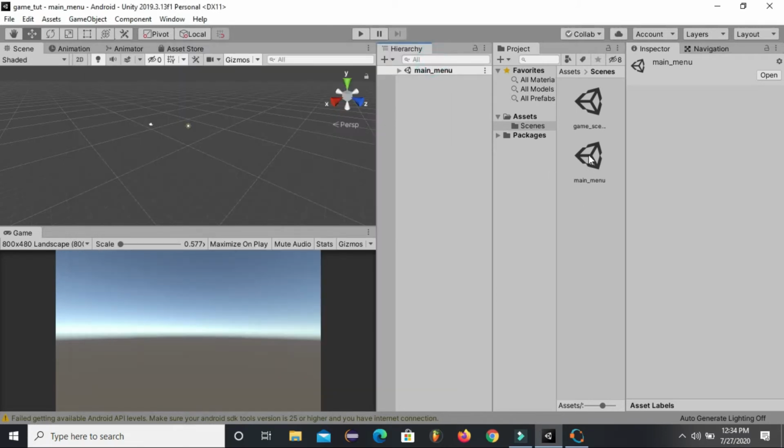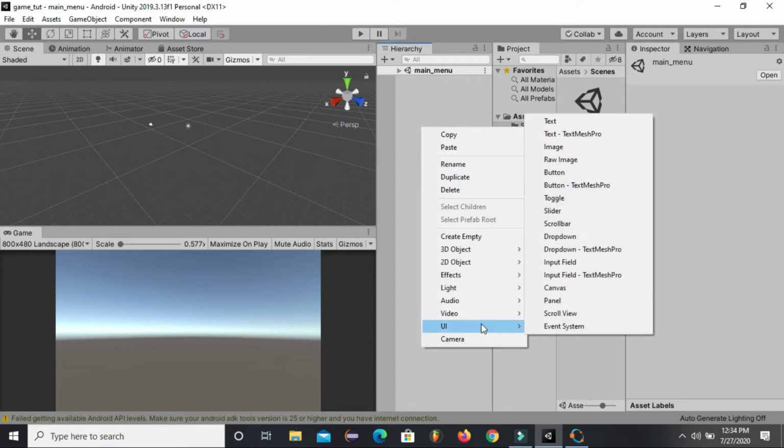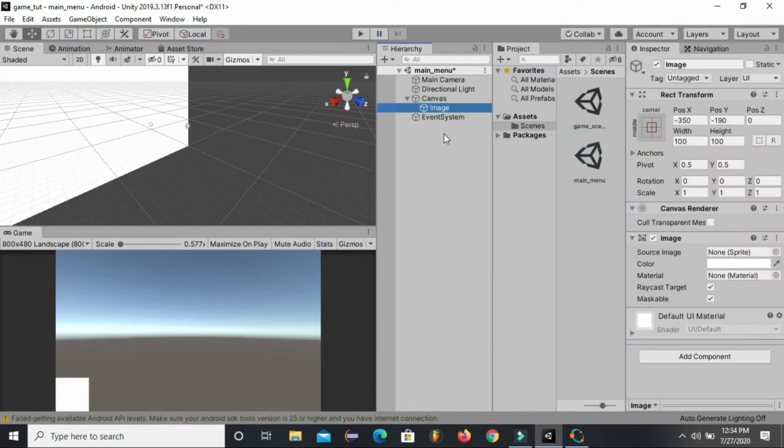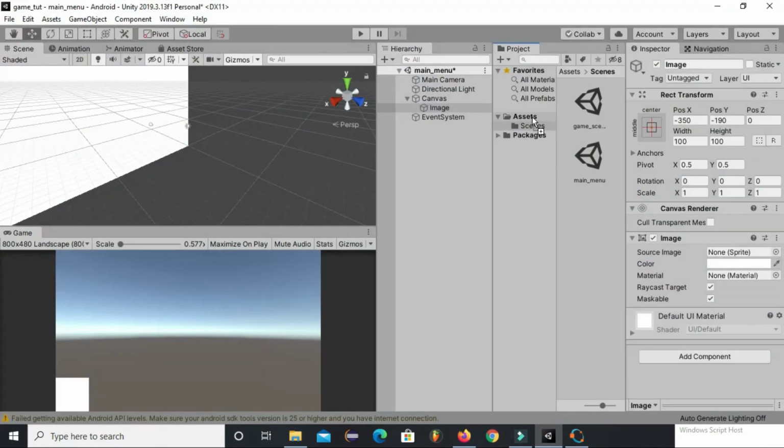Now we will be making changes in this main menu scene. First of all we want to create a UI element, an image, and in this image we want to display our image, and on top of that image our two options will lie. First of all I will select some image from my PC and drag it to the assets folder.